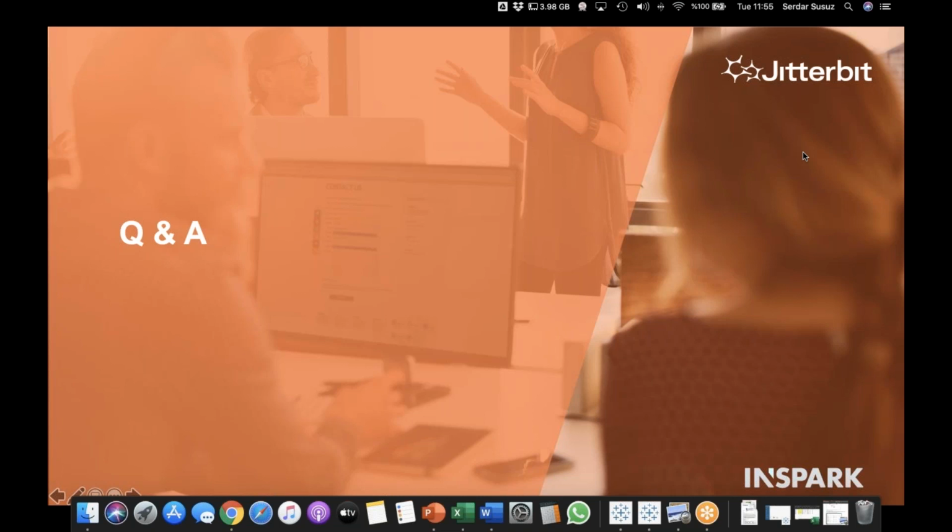Okay. The next one, can we use Jitterbit as a backup recovery disaster solution in terms of data, maybe? So one thing you can do, I mean, Jitterbit isn't designed to be a disaster recovery or a business continuity solution in itself, but what you could do, and I have seen clients do this, is say we're using Salesforce and Salesforce is unlikely to go down, but some clients say, well, I want a copy of my data.